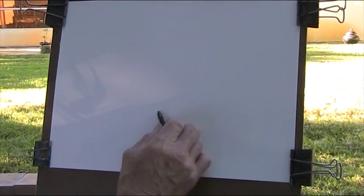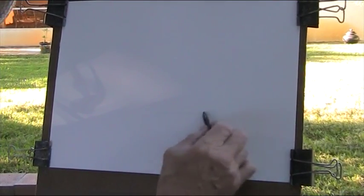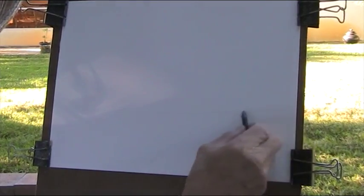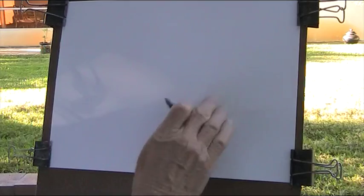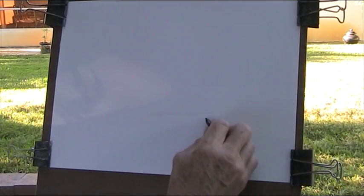Because it's a very complicated scene, I'm going to ruthlessly simplify. So I'll put a horizon. I'll go lower with the horizon. So I'll just come across here. Try and get it horizontal. And then we've got lots of